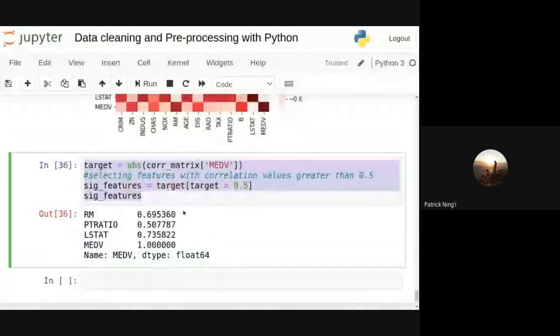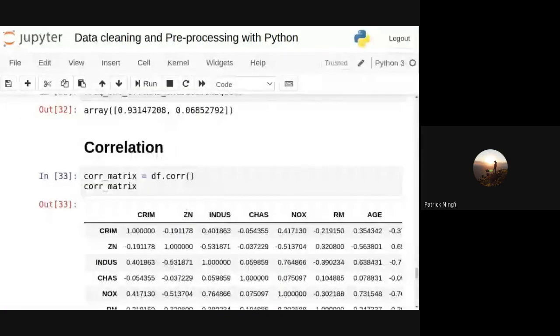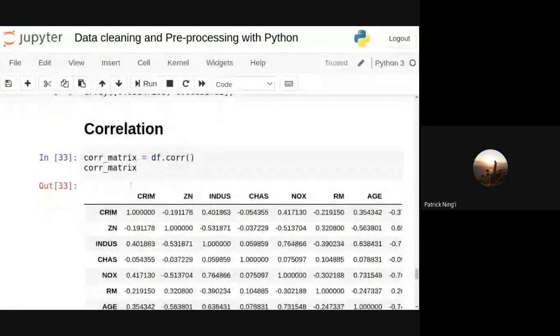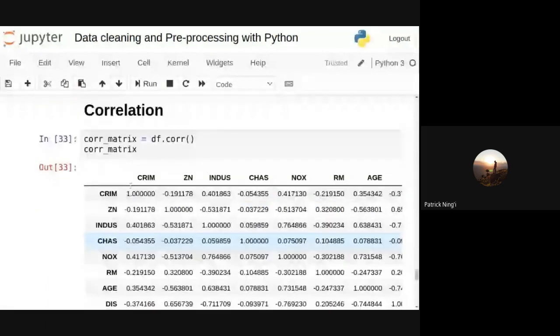Now, in conclusion, I haven't gone into details on data cleaning and preprocessing because depending on the kind of problem that you're trying to solve, the preprocessing and the cleaning steps will be different. This is just an example for structured data that is mostly in numeric format. Remember that at some point in your career, you may have to interact with text data. Cleaning and preprocessing text data is all